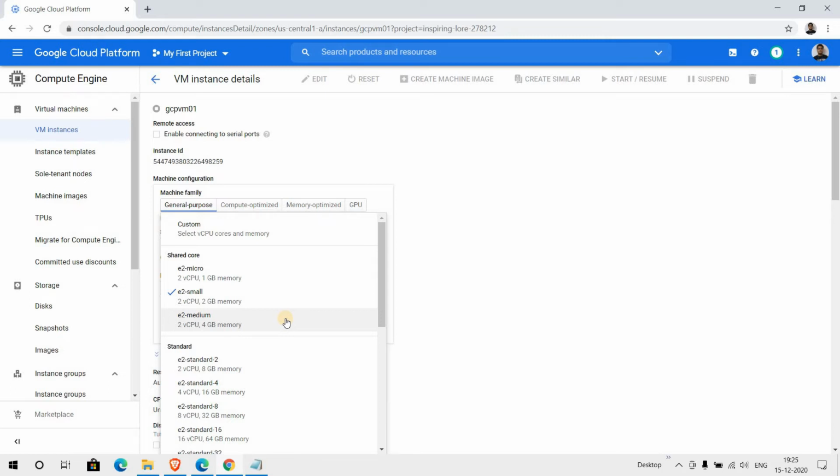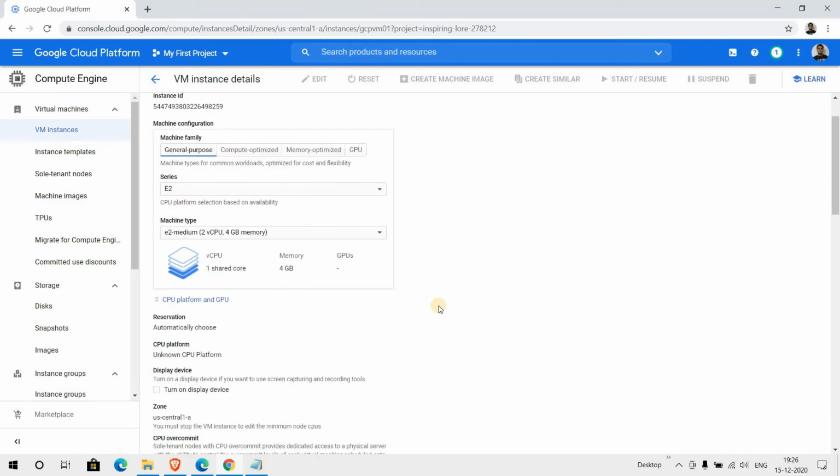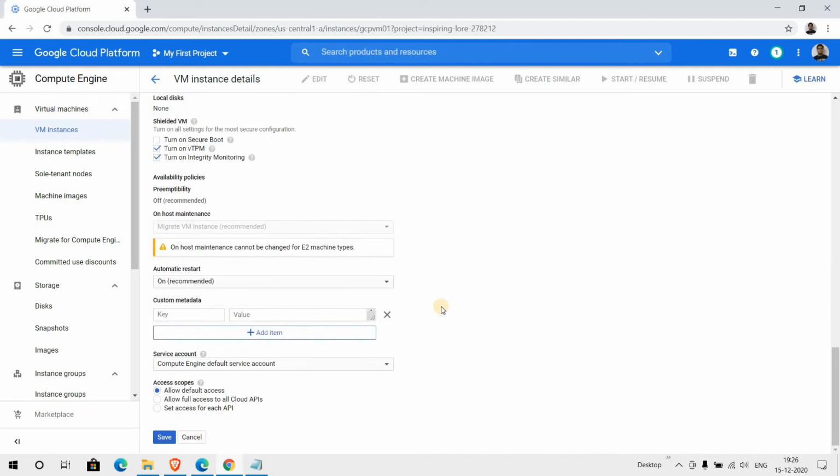Let's think we need to select this option and change the type. We just click on this, go into the last depth, and click on save.